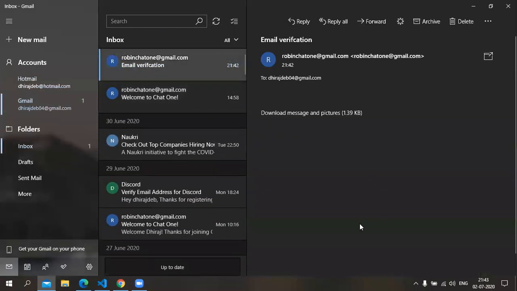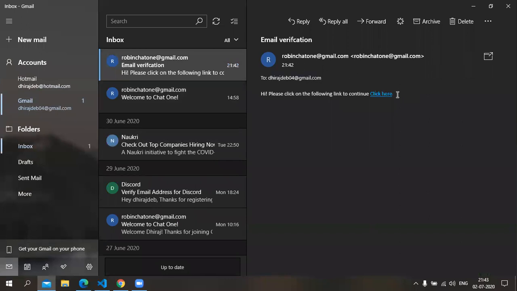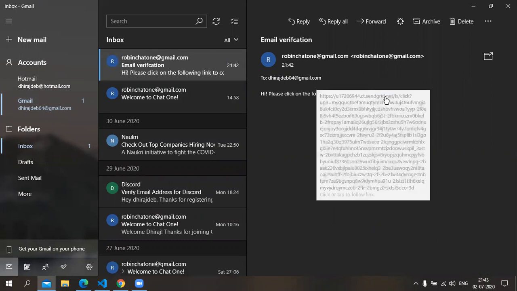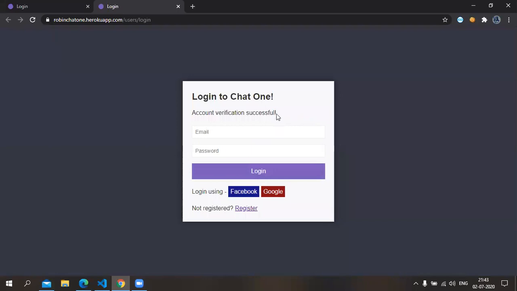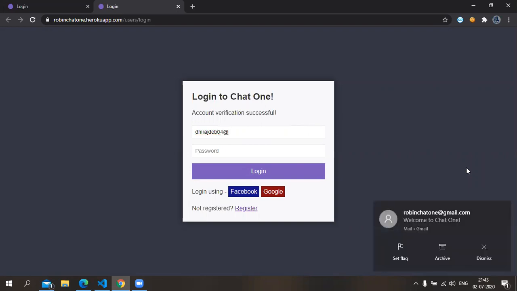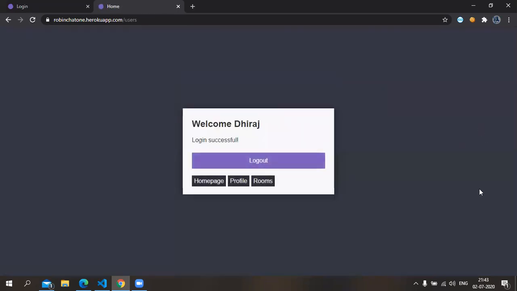Let's check. Okay, here you can see we got this email from our server. Let's click here. It will open once more, and this says the account verification is successful. Now if we want to log in with the same email, it says that login is successful.